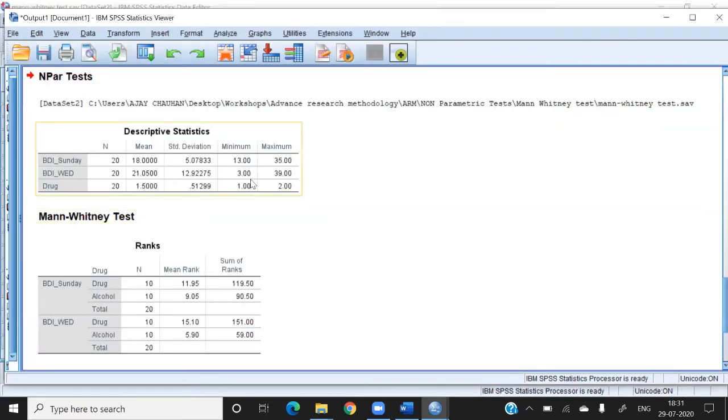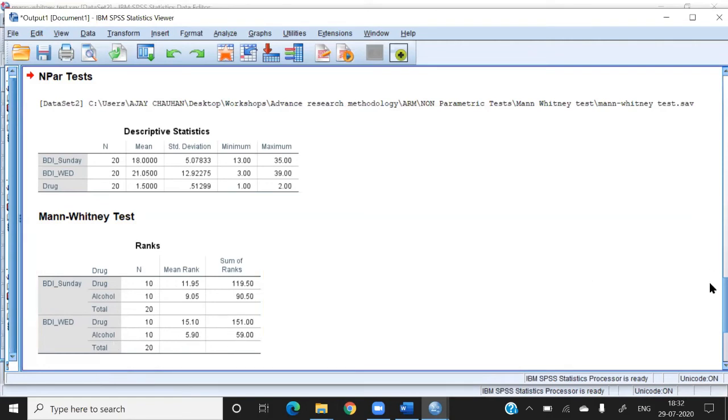Now we have to find out the mean rank on Sunday. Initially the mean ranks were 11.95 and 9.05, which means they seem to be equal. Similarly, in the case of Wednesday, after 3 days, the mean rank of the drug group is 15.31 and alcohol is 5.90.